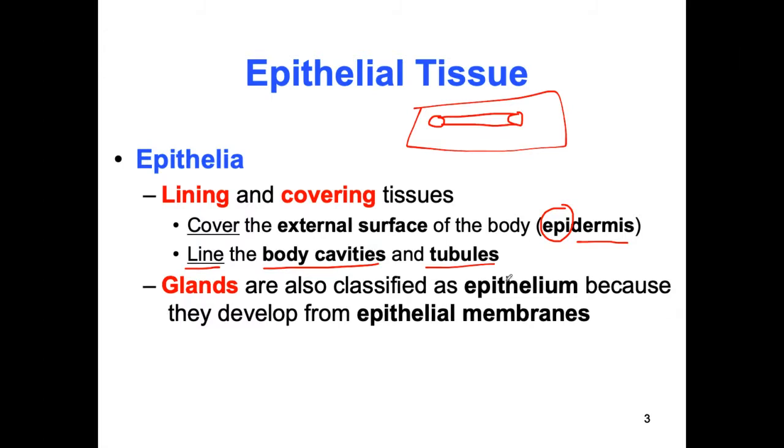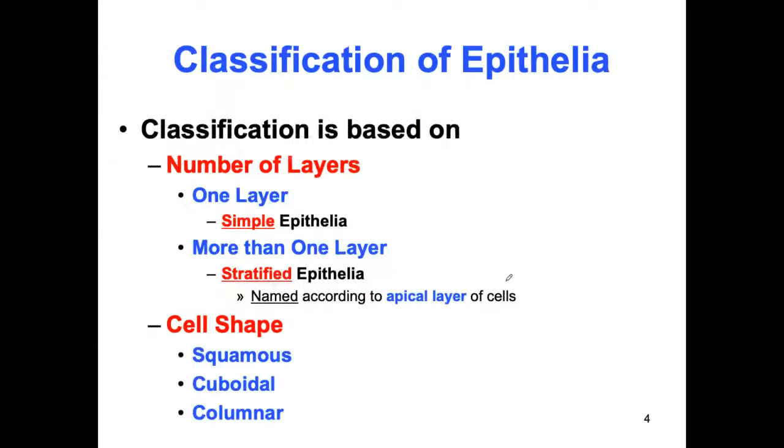Glands are also classified as epithelium because they do develop from epithelial membranes. Now, when we talk about epithelium, we classify it and name it based on whether the cells that make up that tissue are 1 cell layer thick, or more than 1 cell layer thick. Meaning, if I'm looking at something under a microscope and I see something like this that is 1 cell layer thick,